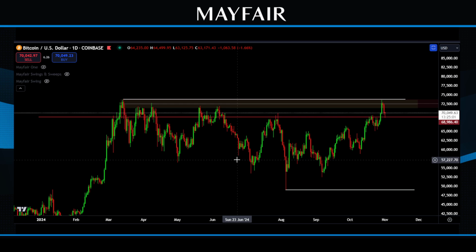The fact that the stocks and the gold have kind of rallied at the same time is another telltale sign. The fact that we've rejected underneath the prior all-time high yet again on Bitcoin is another sign. All of these things combined are not pointing in a bullish direction. So if we were to just step back and think logically, what do the asset managers want you to do?